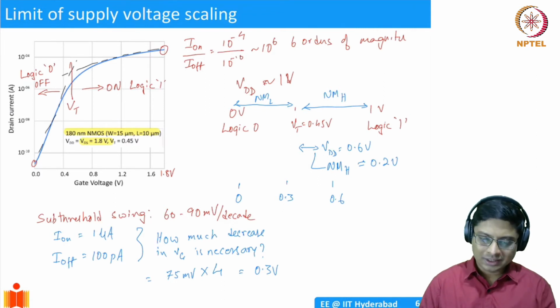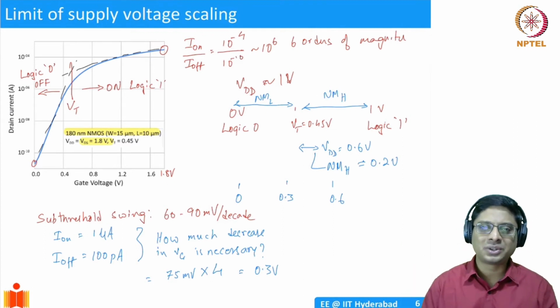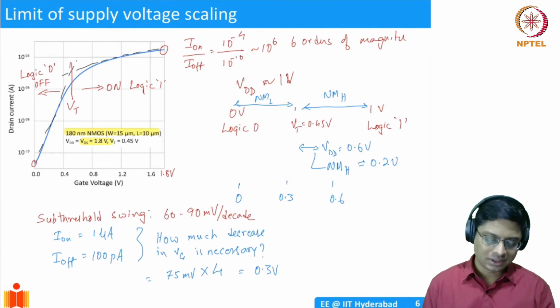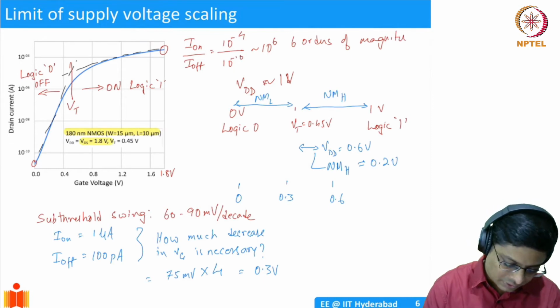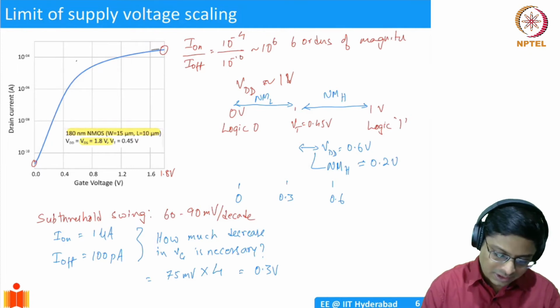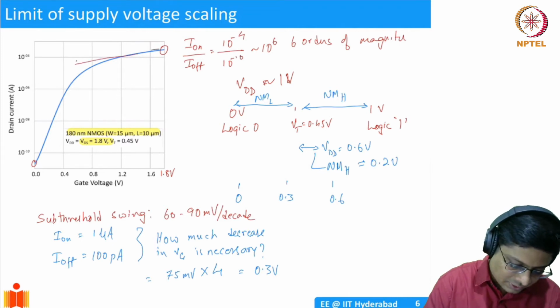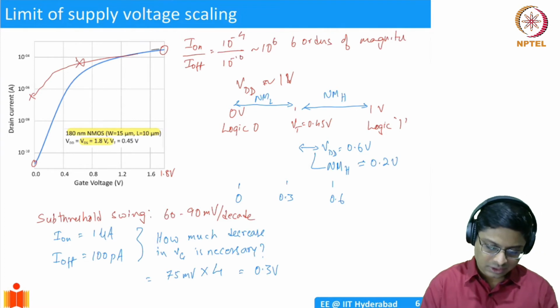So if you want to make VT 0.2 volts, 200 millivolts, I can in principle think of that, but if I use that in a CMOS circuit, my off current is going to be large. Let me erase this part of the graph. If I want to have VT of 0.2 volts, then I might have to fabricate a device which is like this. That means my I_on to I_off ratio, not this is actually still high.